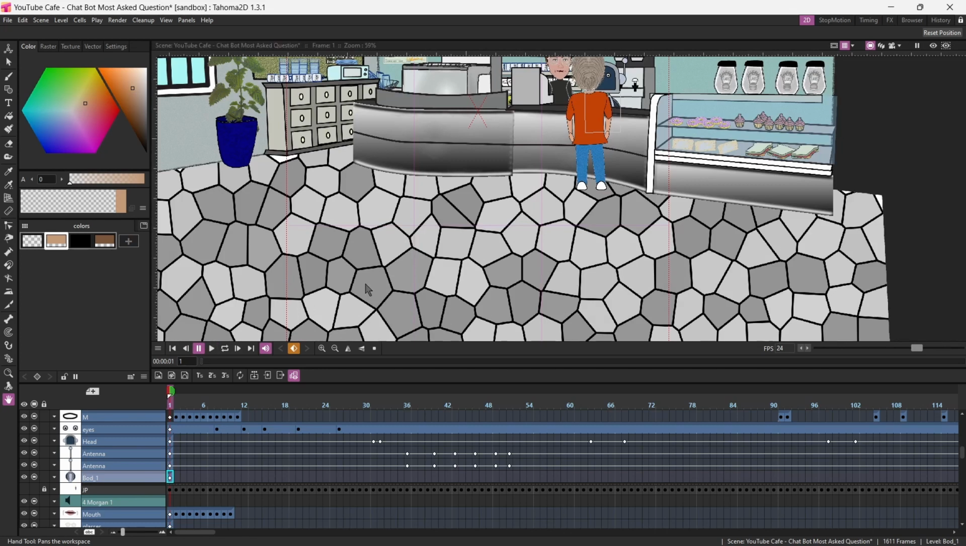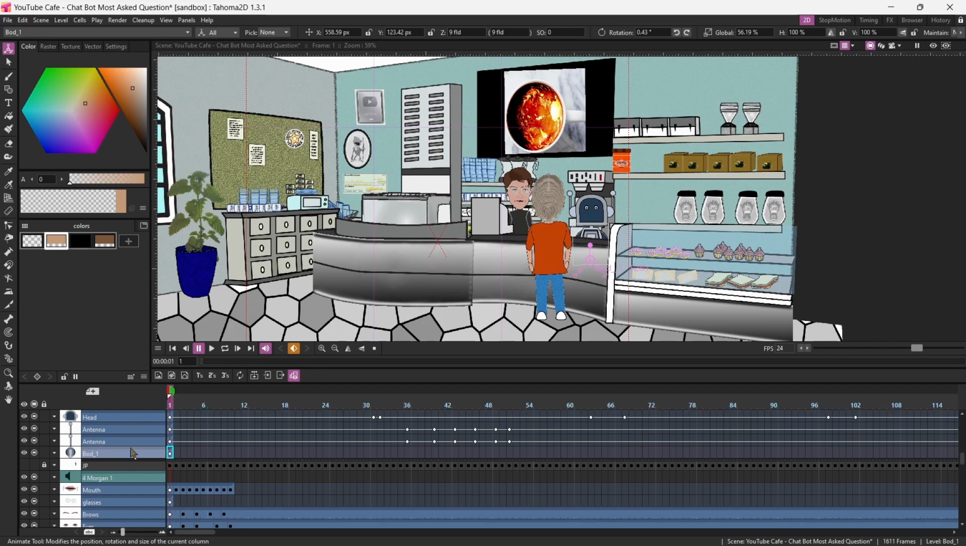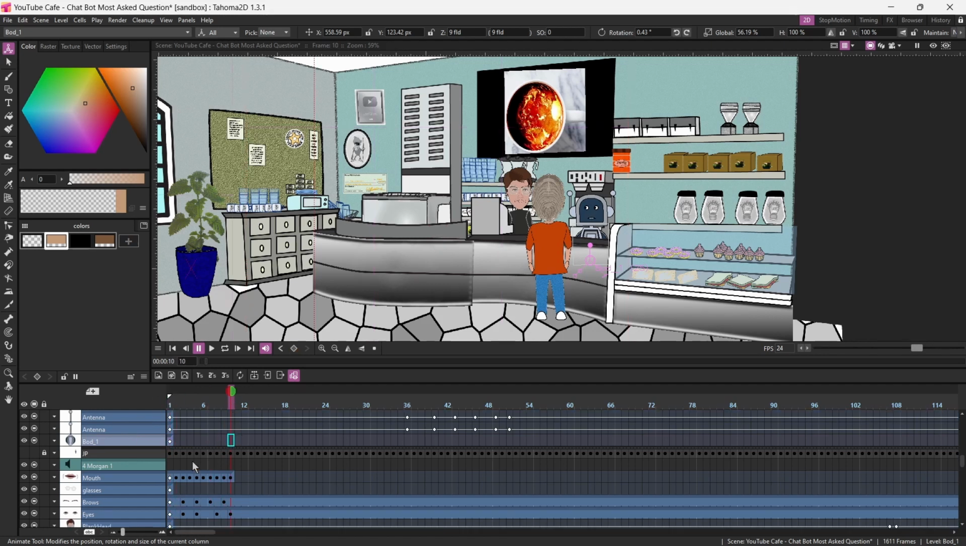otherwise you get some inadvertent keyframes. Click that animate tool, and let's just bring Chatbot over here just a little bit so that you can see what's going on with Chatbot's face. So that takes care of that. And if you go back down here a little ways,